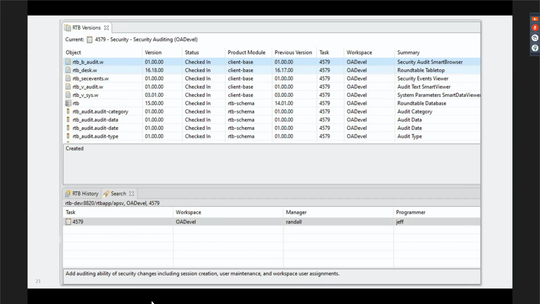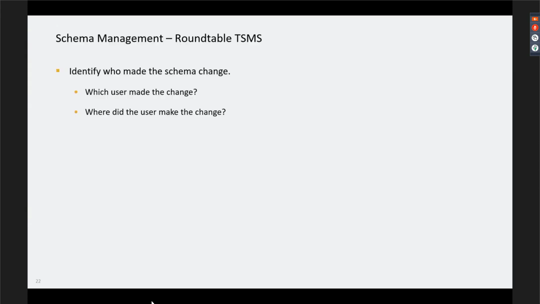Well, I can look at all of the versions that belong to this particular task, and I can see, okay, well, here are my schema changes. Then I can also see all the code changes that went along with it. So satisfied with this explanation, Peter Project says, okay, I'm fully educated. I'll leave you alone. Get back to your coding. I know why the table was added. Thank you. It's great information.